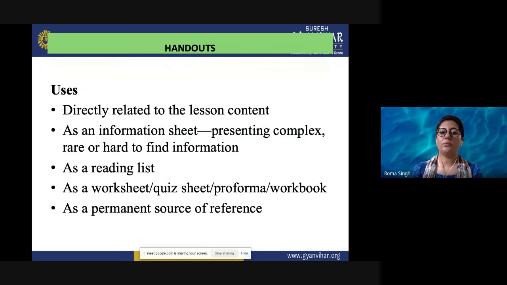It can be a permanent source of reference. Whenever the student wants to study that subject or that content, they can go through those notes, and that will be very helpful for them. They don't have to wait for the class to happen, or they don't have to ask anyone. They just go through those handouts. You need to teach them how to organize and store the handouts properly, subject wise, through proper reference, so it can help in their permanent referencing.